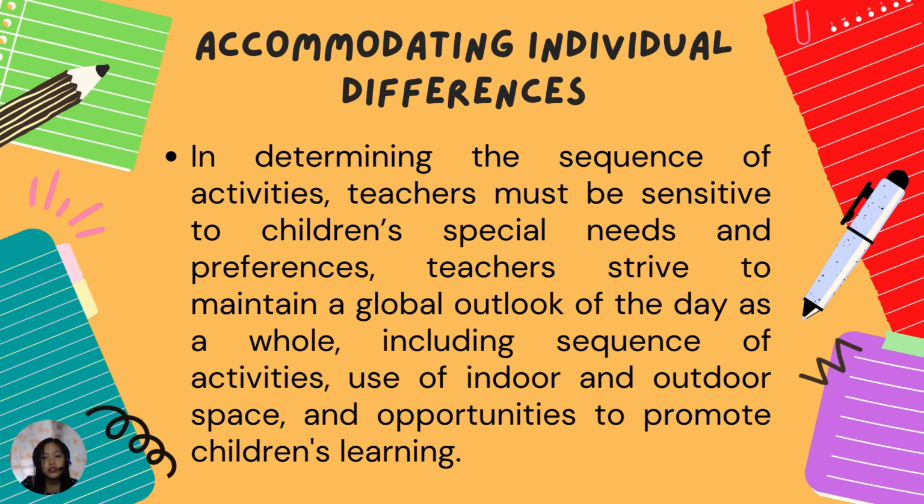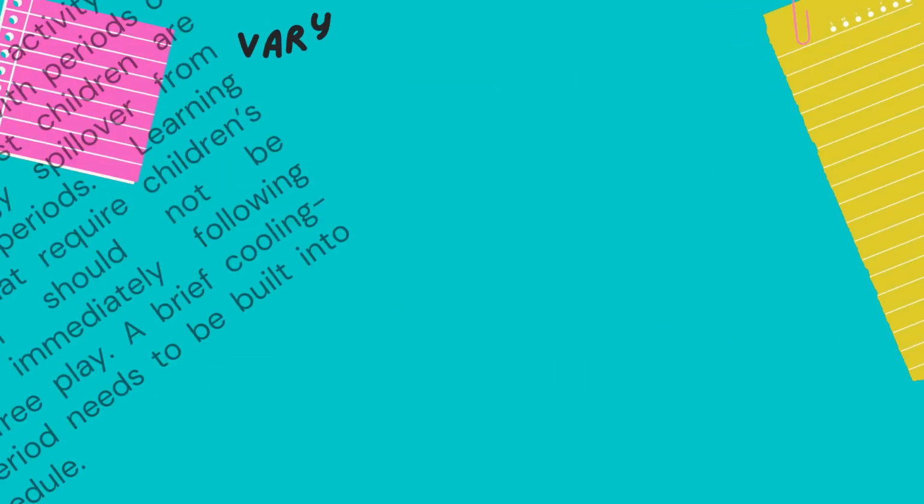So, accommodating individual differences requires a physical setting in which big group, small group, and one-student activities can occur concurrently as needed. As a teacher, this view is to get to know children better, and as children become more skilled, the length and type of classroom activities change. So next,